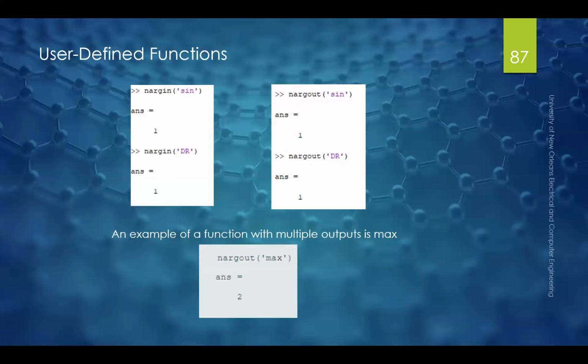An example of a function that has multiple outputs is, for example, the max function, a built-in function in MATLAB. If you use nargout and max in single quotes, then it returns the number of outputs that the function is going to return. Okay, so